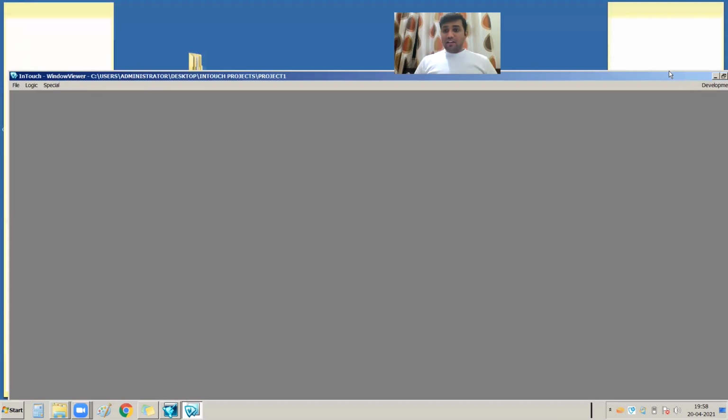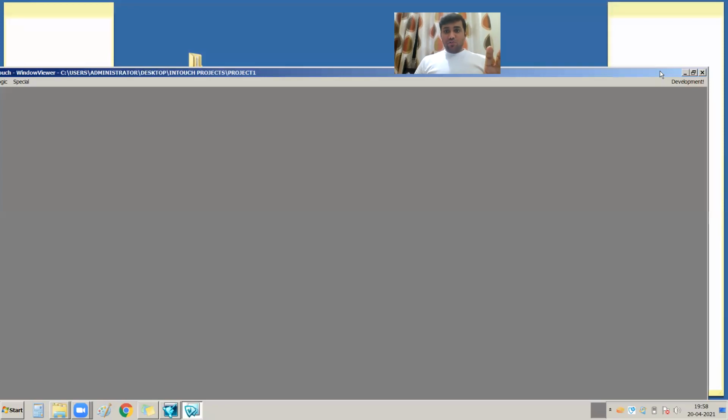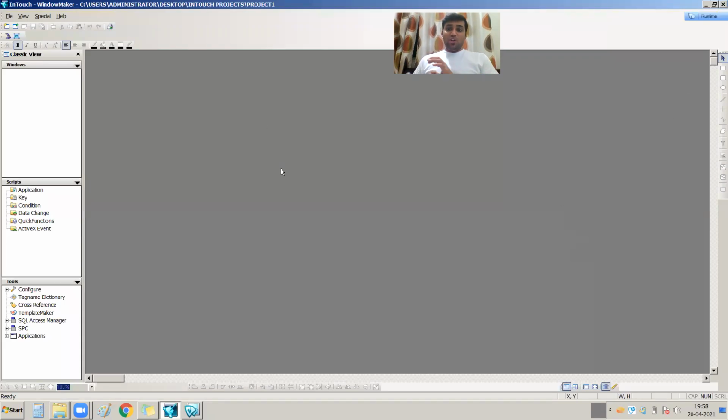On the Window Viewer's right-hand side, there is a Development button. When you press it, you are moved back to the Window Maker window. At the top you can see this is the Window Maker window. When you press Runtime, the Window Viewer screen opens.